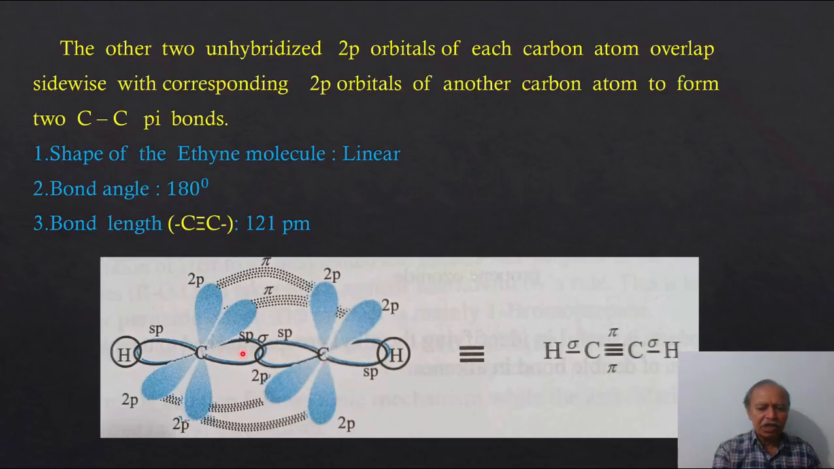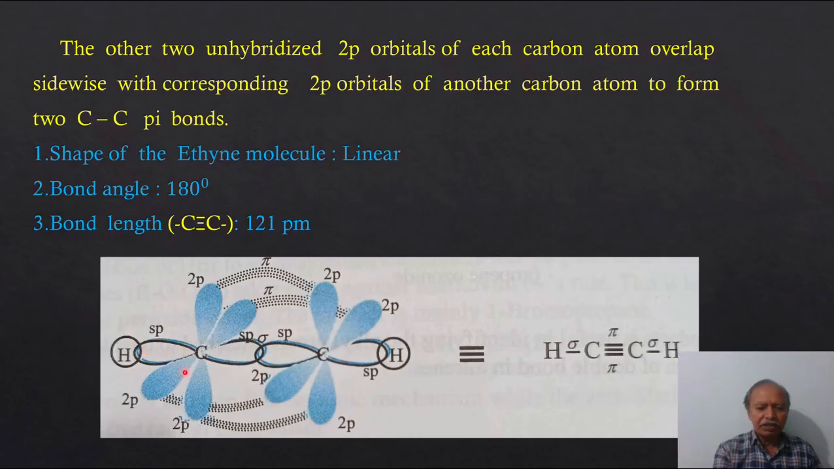The sp hybrid orbital of this carbon atom and the sp hybrid orbital of this carbon atom overlap along the axis to form the carbon to carbon sigma bond. Now another sp hybrid orbital of this carbon atom overlaps with the half-filled s orbital of the hydrogen atom to form the carbon to hydrogen sigma bond. This is the sp hybrid orbital of this carbon atom, overlapping along the axis with the half-filled s orbital of this hydrogen atom, and that forms the carbon